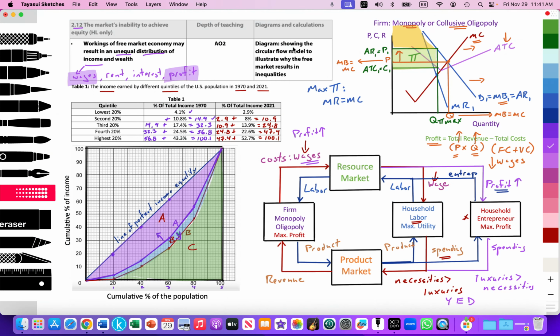Okay, so we've used that diagram, we've illustrated the circular flow, we've expanded the circular flow and separated out labor and the entrepreneur, and hopefully with this we can understand these connections with our monopoly model, YED, circular flow, Lorenz curve, Gini coefficient. I will put some notes in the video notes below, some outlines about what we just discussed,